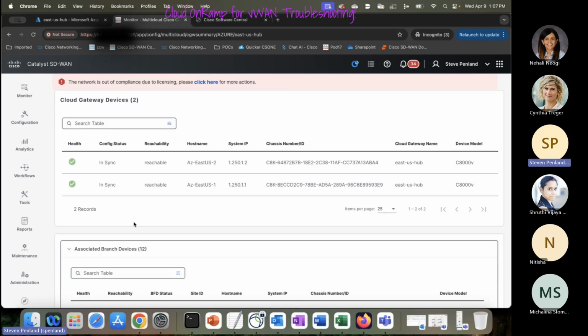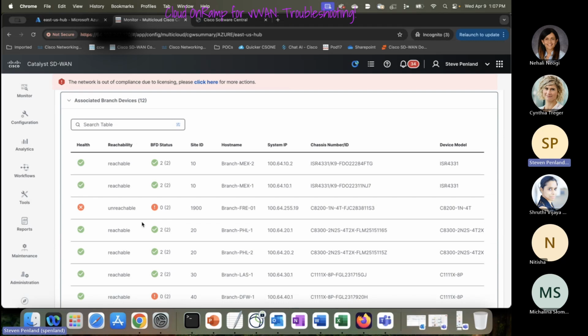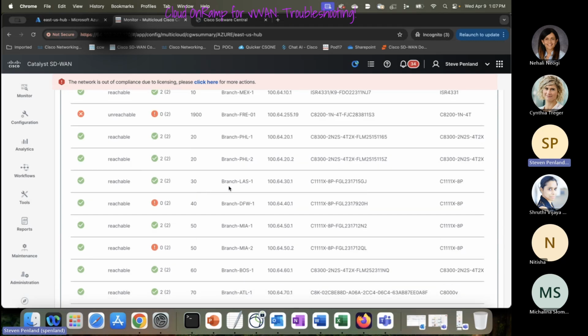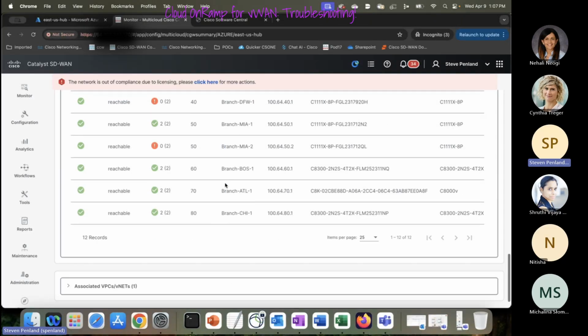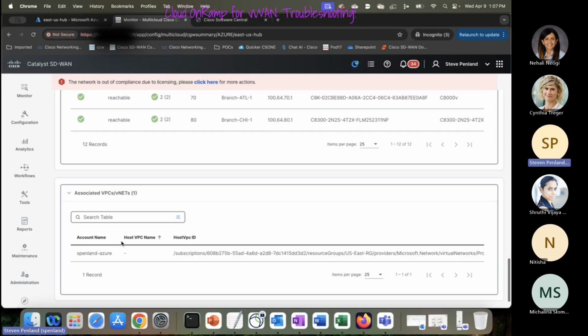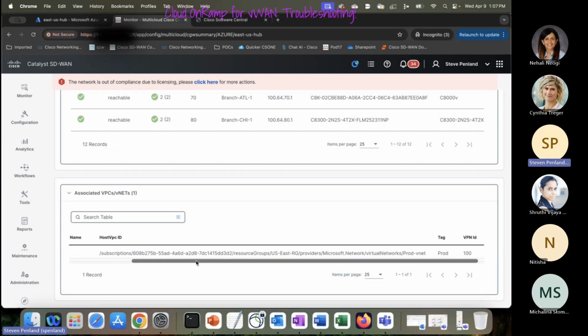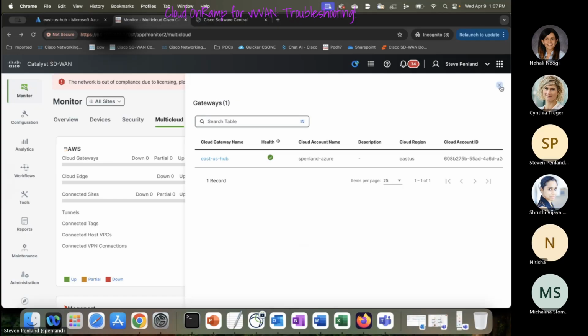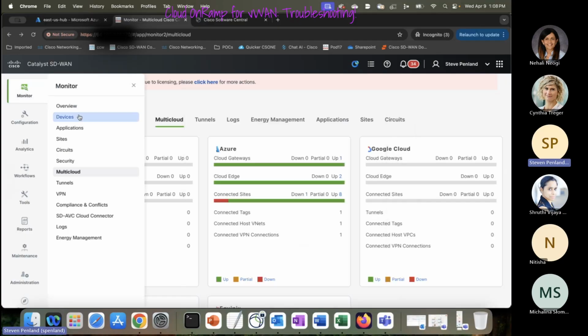And then we can see our branches that are associated to it. For simplicity purposes, I'm just going to look at one branch. We're looking at this LAS branch here. And then we've got our VNet, which has been created as well. If we look at the actual host VNet, it's just called prod VNet. And we've got this associated with our VPN of 100 on the SD-WAN side. Okay. If I look at the devices,